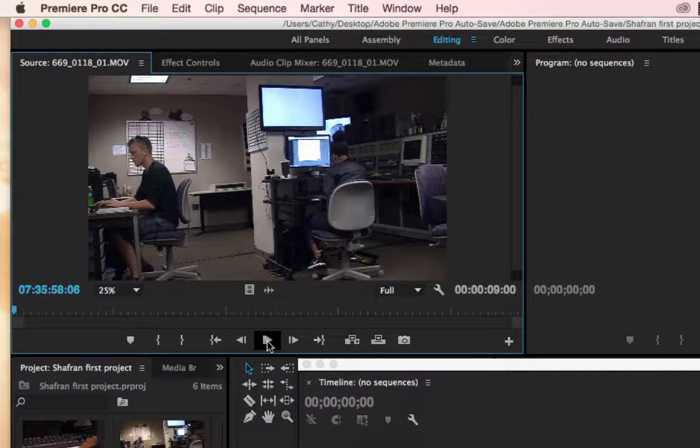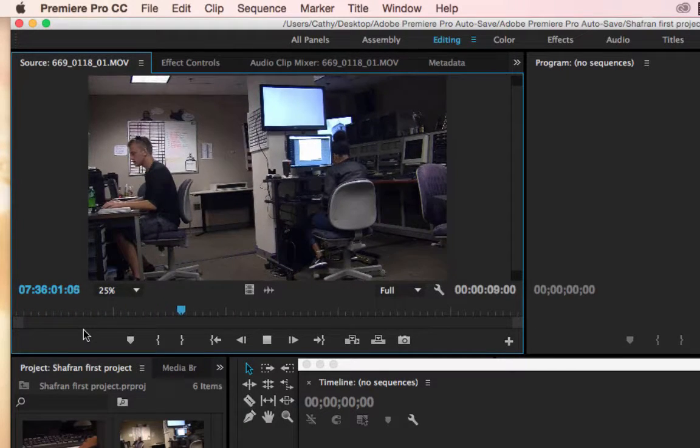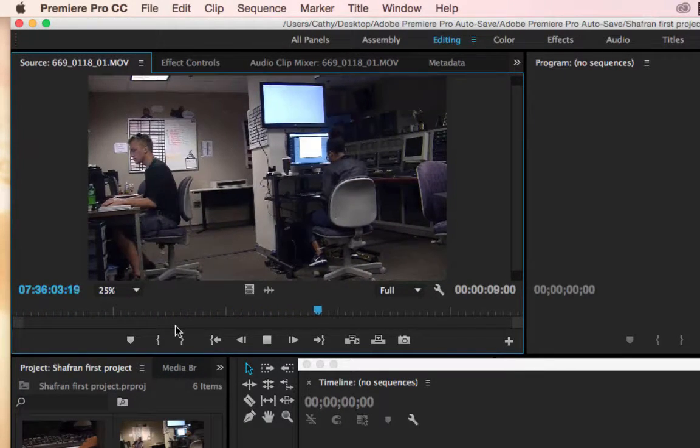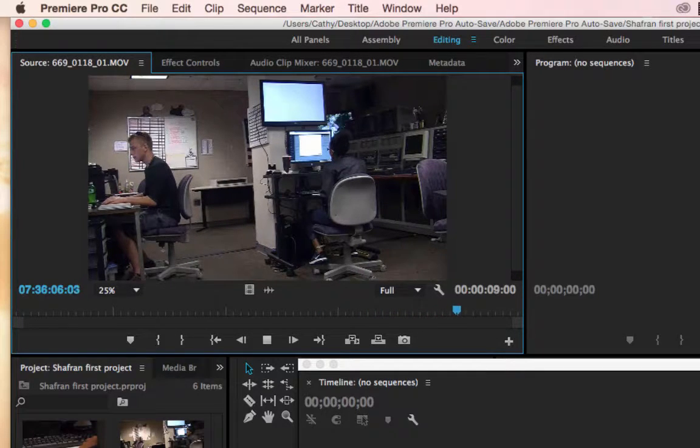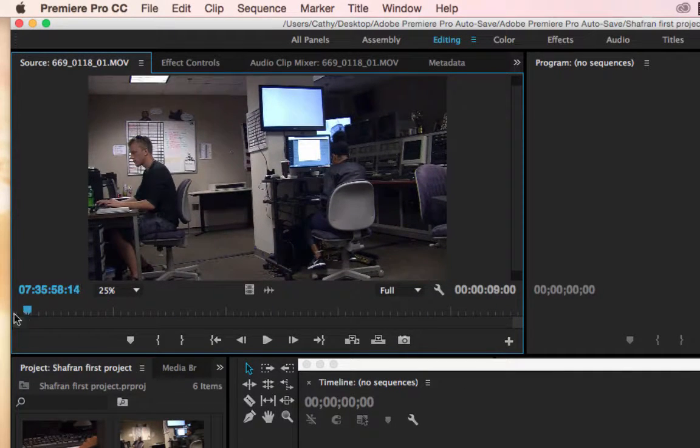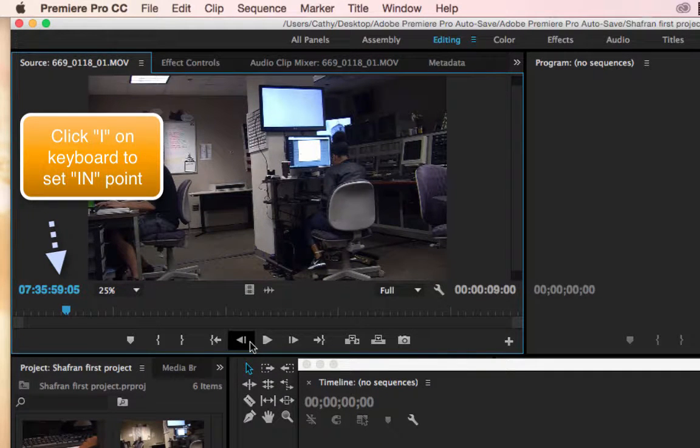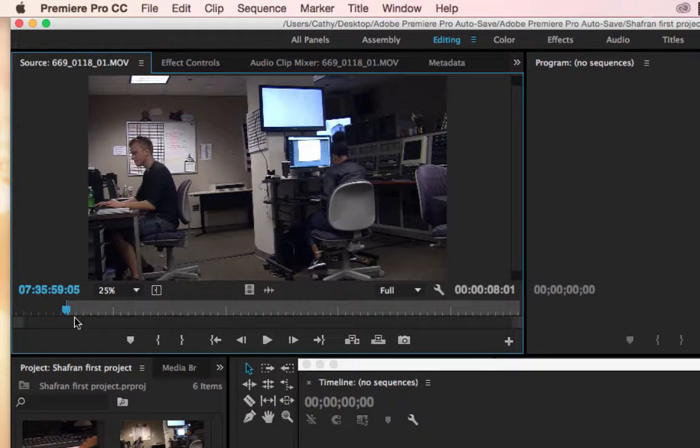movement in the video. So if I click play, I see the cursor moving. I see that I have a piece of video that's about 9 seconds long, but there's a little jiggle there at the end, and I think there was a little jiggle at the beginning. So what I've decided to do is let it play for about a second or two at the beginning and stop it after the jiggle. Then I go to the letter I for in. I click that, and here you see it has set my in point. And then I let it play,